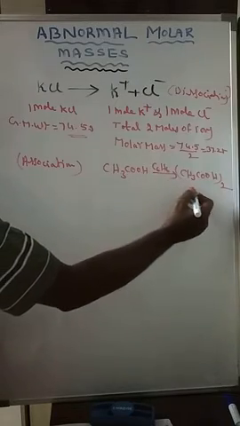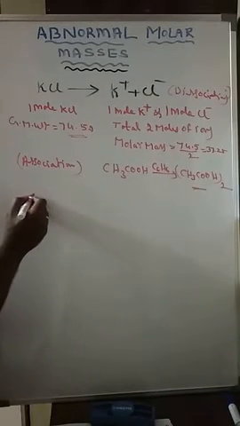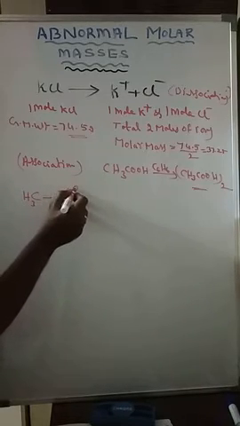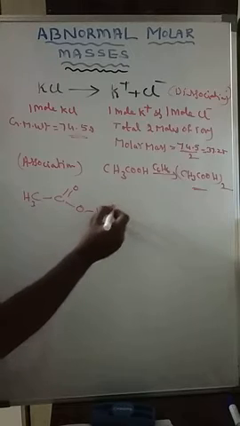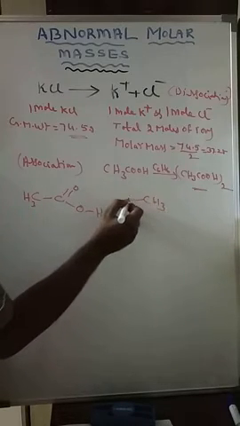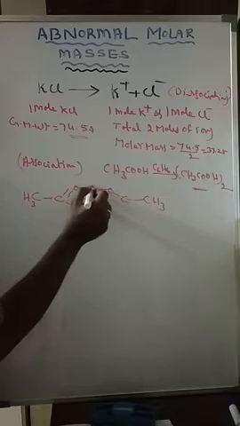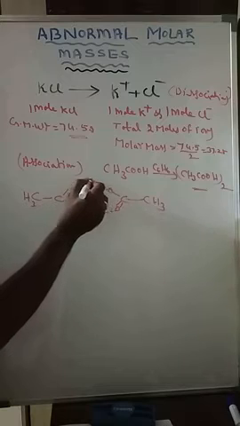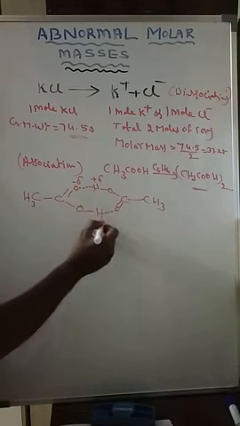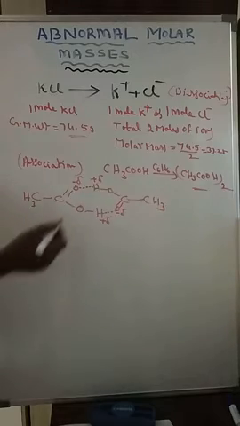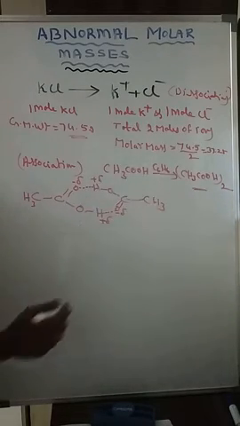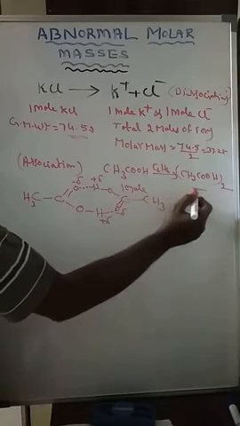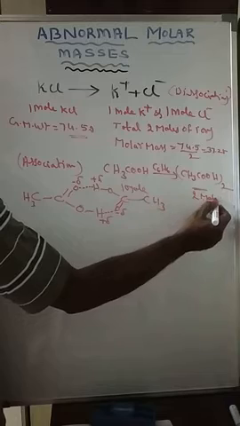Now observe the structure of the acetic acid dimer. Here CH3, C double bond O, OH, like this. And here CH3, COH and double bond O. In between, hydrogen bonds are formed. Due to hydrogen bond formation, acetic acid molecules associate together. Here this is 1 mole of acetic acid, and here 2 moles are associated.